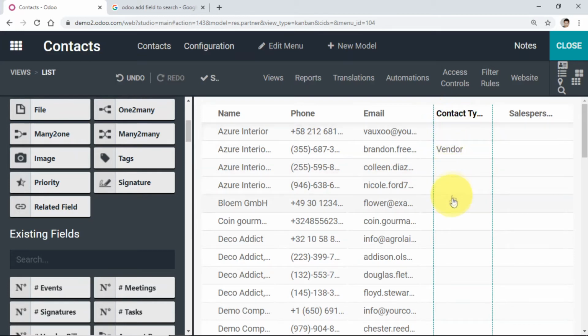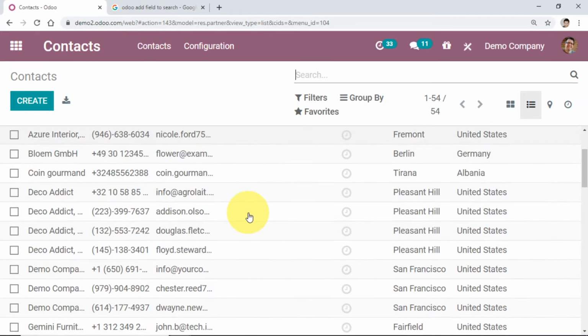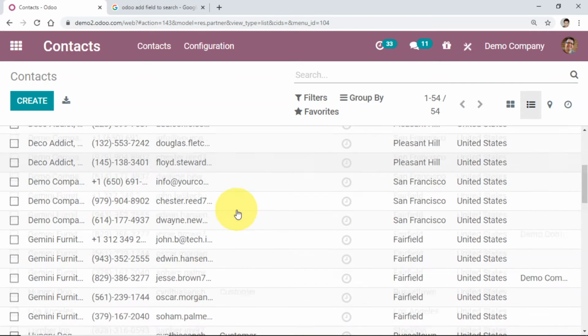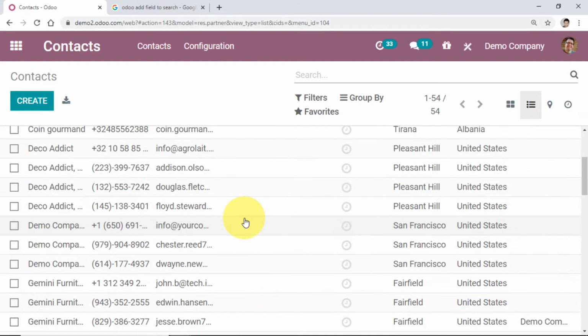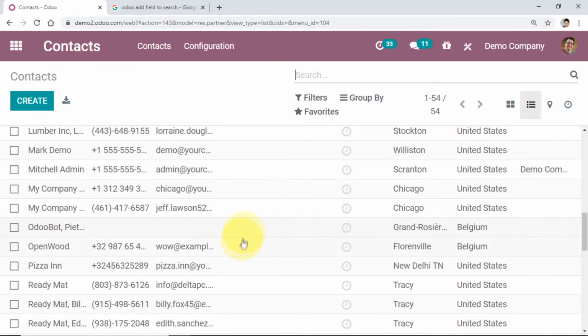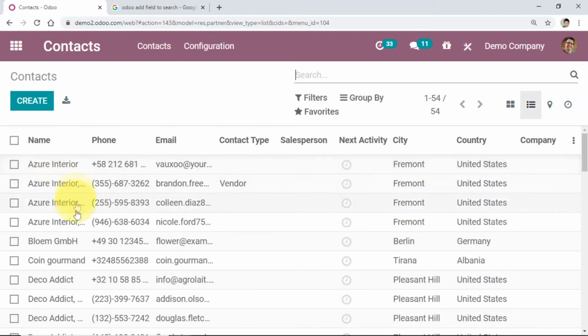So here now we have this column, which might be very useful for our employees in the company. So we know here who is a vendor, who is a customer, and so on. And I'm going to show you another really good trick here. For instance, if we want to assign a lot of the contacts as vendors, for instance, or as customers, we can do it very easily. For instance, I have here a bunch of contacts from Azure Interior. So I'm going to select all of these,